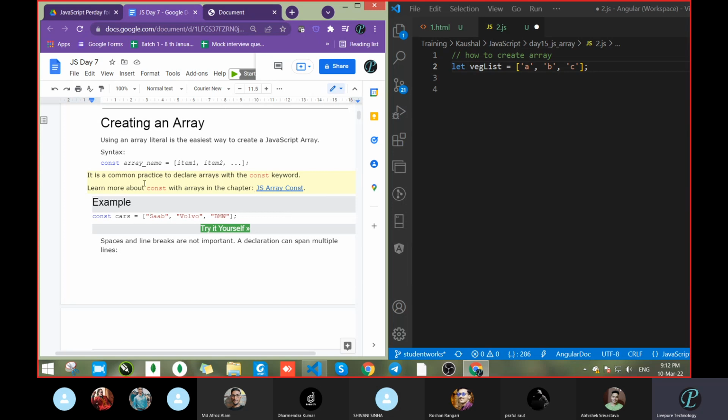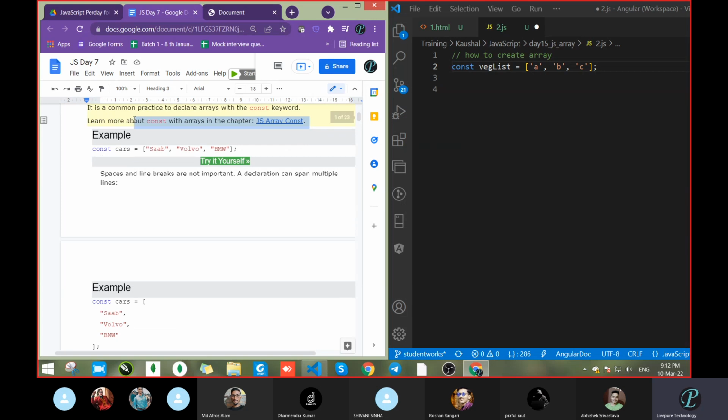Don't worry. It is common practice to declare the array with the const keyword. Why do we always use the const keyword? Because once you declare that array is a collection of data, it is a collection of data. So if you declare one time a student list in your database, why would you change it? Correct or not? Once we declared some data, we need not change it. So that's why mostly in the array case, we go with const. If you're not going with const, it's not an issue. Okay, don't worry. But we can mostly go with that. Fine. So this way we can create the array.